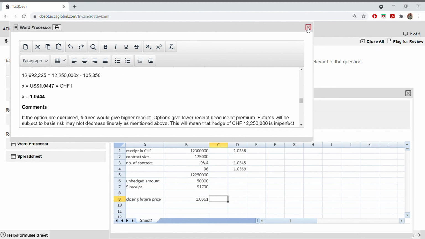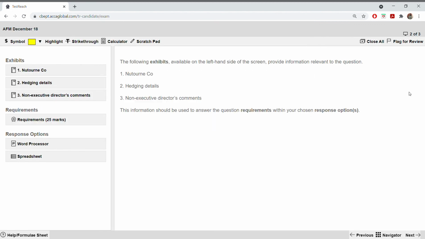So now it's up to you. You have the option whether you want to copy paste from the spreadsheet to Word and all, but I feel it's better to do it in the word processor using the calculator. You can straight away do it rather than copy pasting and all. So that's it. With this, I have completed a question on risk management. I will only do one question for each section. I don't have time to do all the questions.